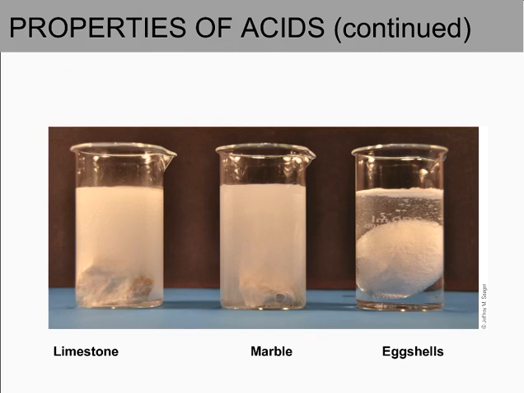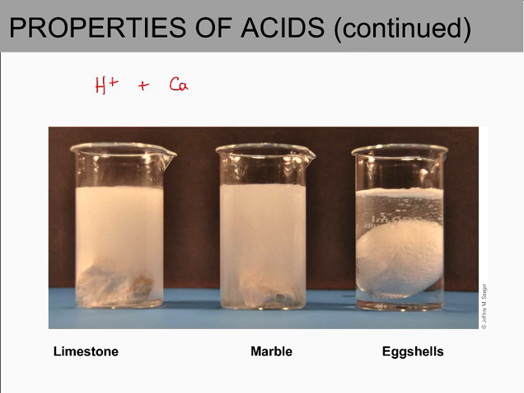All right, so let's look at some examples of how acids can react with different materials that we're familiar with. For instance, limestone, marble, and eggshells all contain calcium carbonate. If we place these 3 different objects in acid, you'll notice that we can see reactions happening. There's gases forming in those solutions, but they're also kind of cloudy. So what's happening